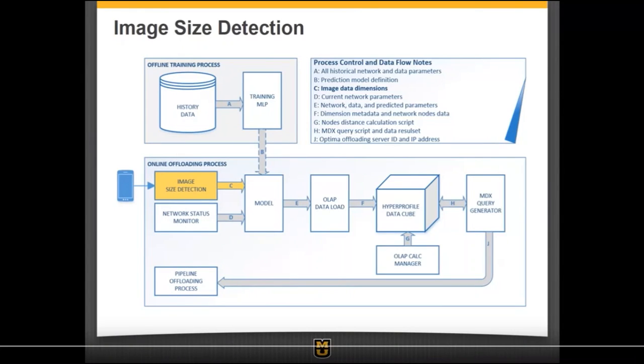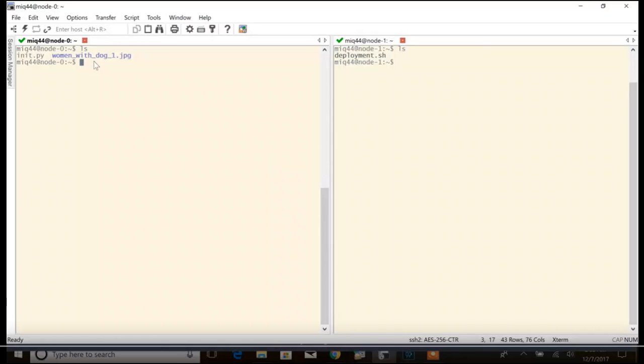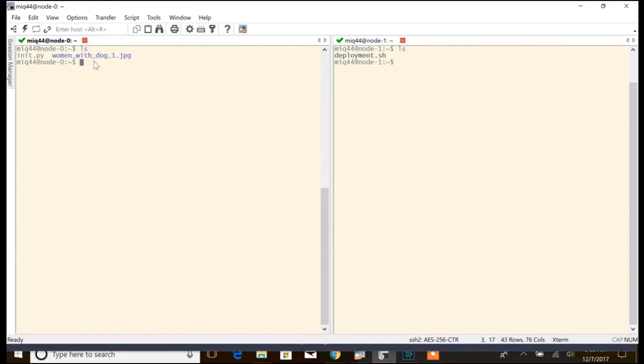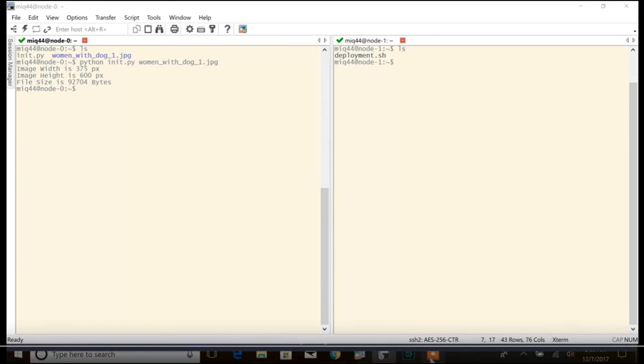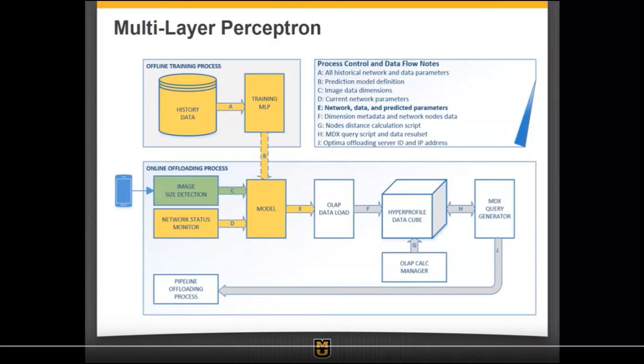The first part of the process starts by identifying the image size. A Python script takes the image and generates the size. The second part of the process includes the multilayer perceptron,